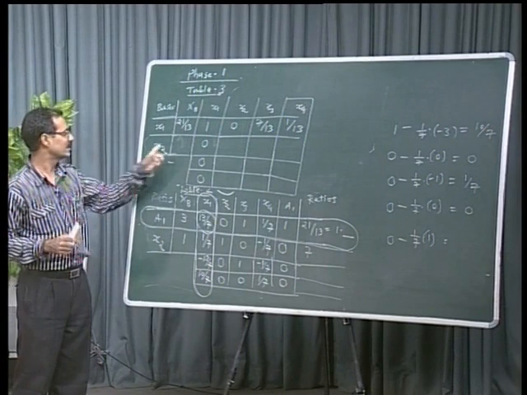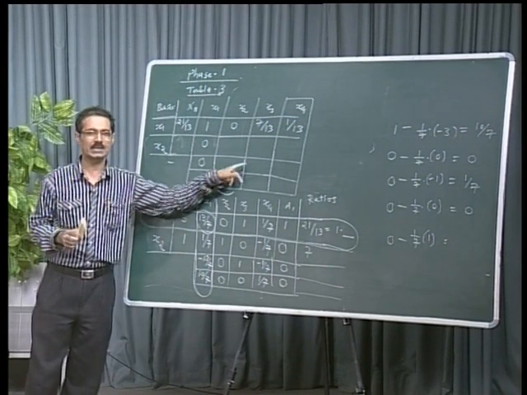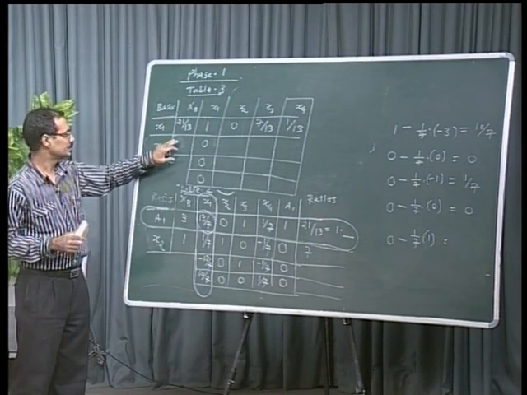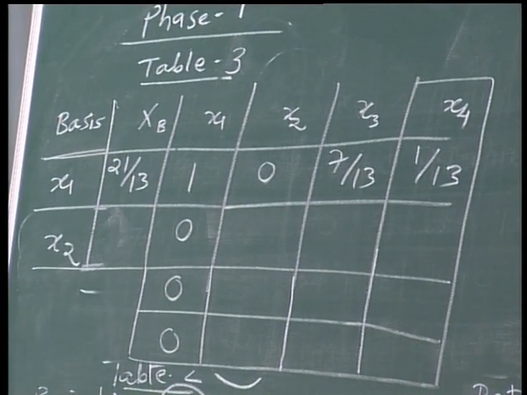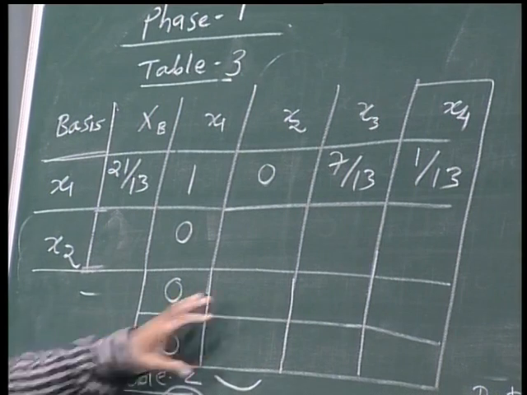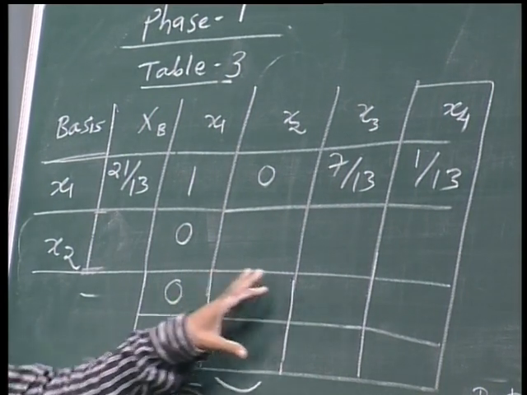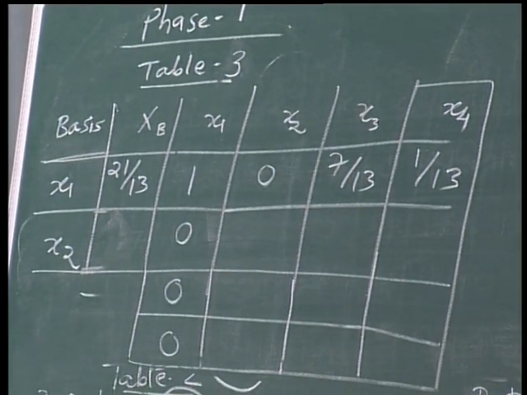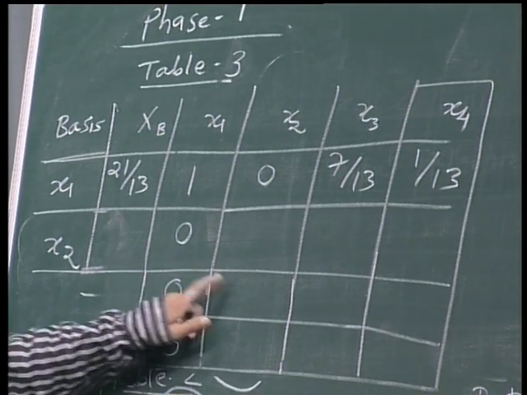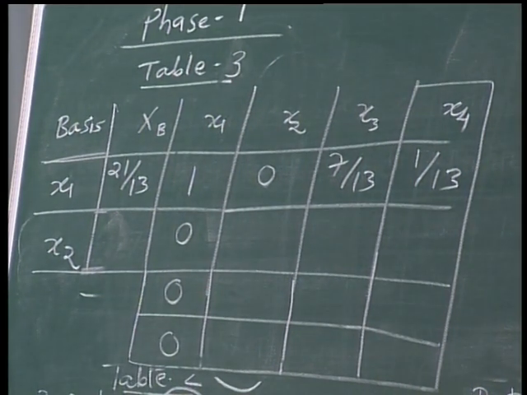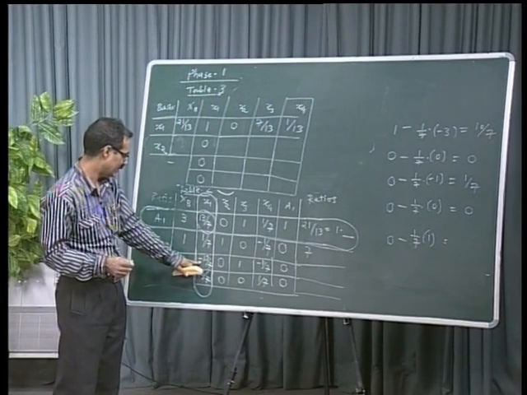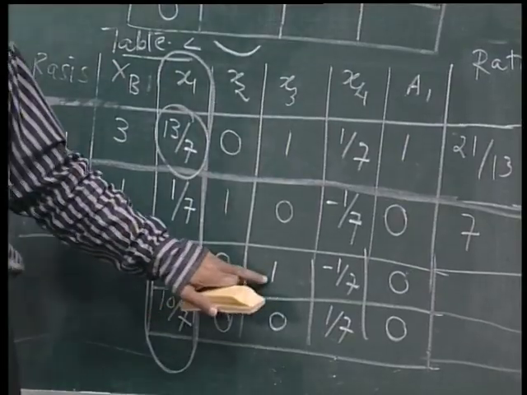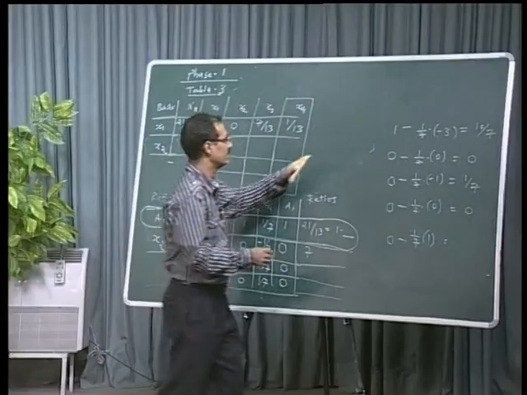How much is left? This row and the other 2 rows of the last part. We go to this value, what will be this value? But then let us do one thing, for a change let us go to these rows first, because these rows are crucial. If you are getting positive numbers, it will be really good for us. So, we go to this row first. If you look at the table, this row was, we do not care for minus 13 by 7, but then it was 0, 1 and minus 1 by 7.